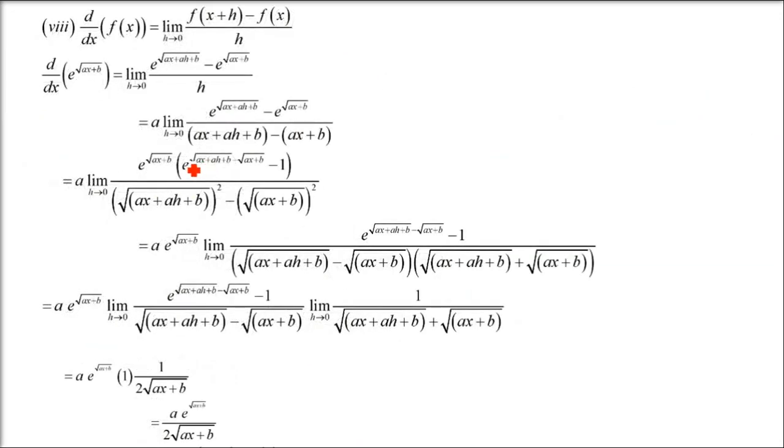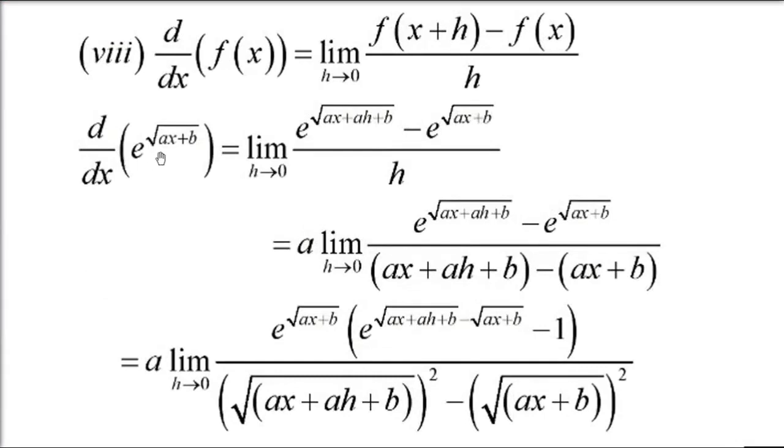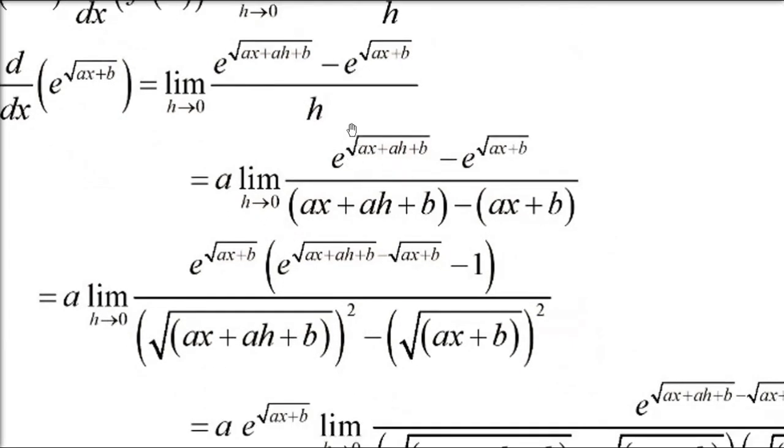Now the 8th one. See, 8th and 9th, they are almost similar. It was similar to the 7th one, so I'll show it here only. So we have ax. This is f(x plus h) minus f(x) by h. So wherever x is there, just put x plus h. So ax plus ah plus b will come. And this whole will remain here, f(x).